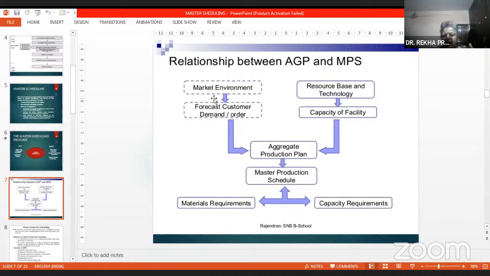Then what are your resources? What is your capacity? What technology you'll be using? All these things you have to match, and then only you can make the aggregate production plan. And from aggregate production plan you go to master schedule, production schedule. And this will give you materials requirement, what all materials will be required, and also the capacity requirements.